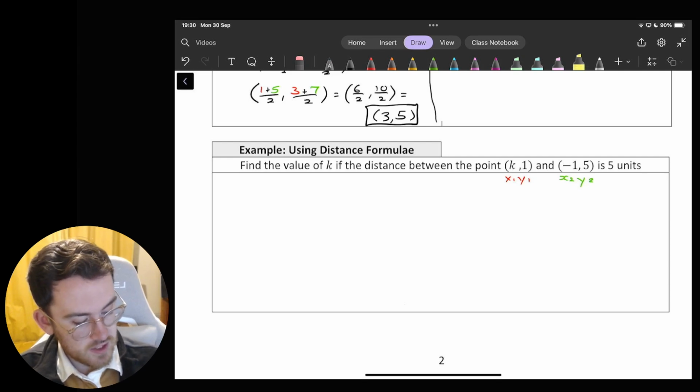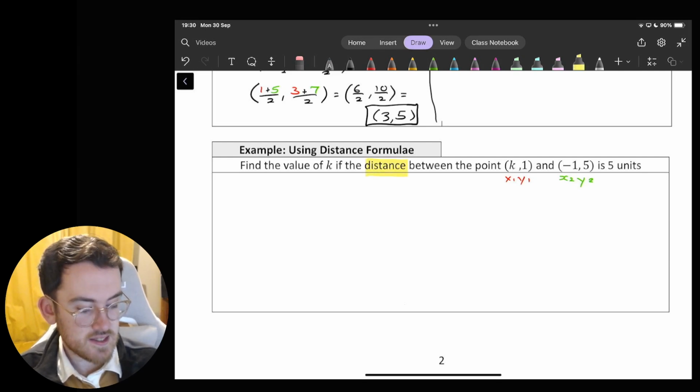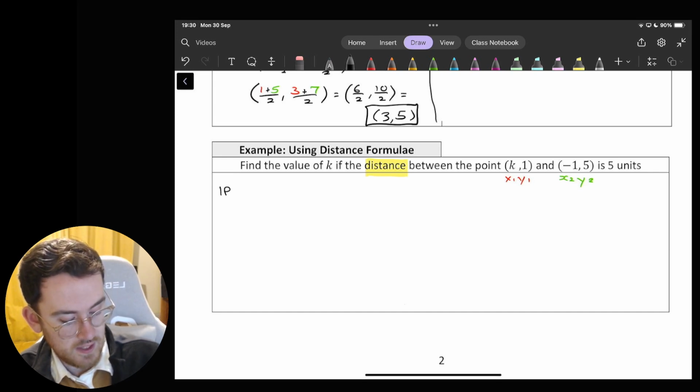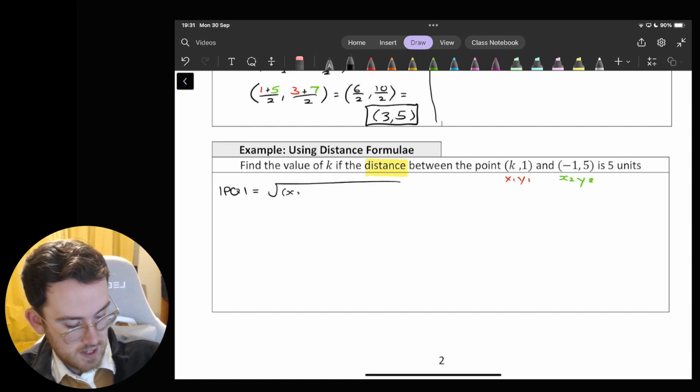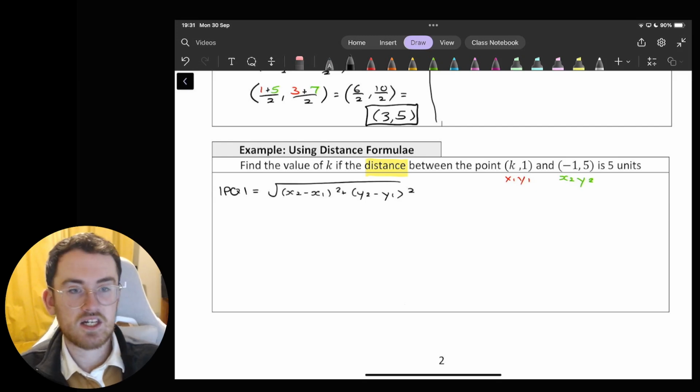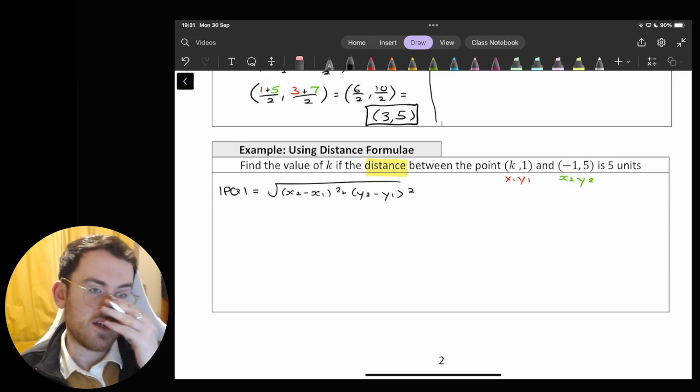I'm noting in the question that they're mentioning distance, so I'm thinking I have a formula for that. So let me write down that formula. In the log tables it uses PQ, so that's what I'll use here. x2 minus x1 squared plus y2 minus y1 squared. I'm not saying I know exactly where I'm going yet, but I'm just filling in the information that I can